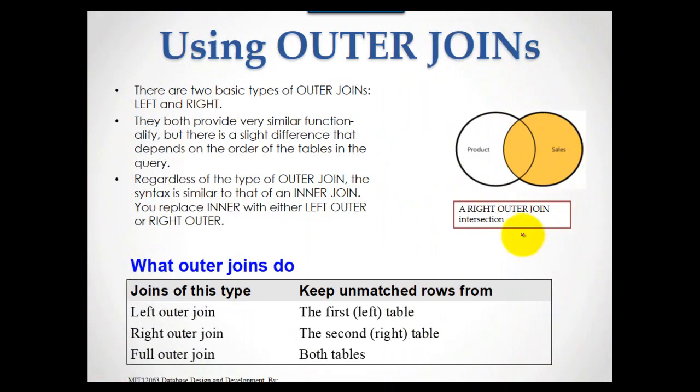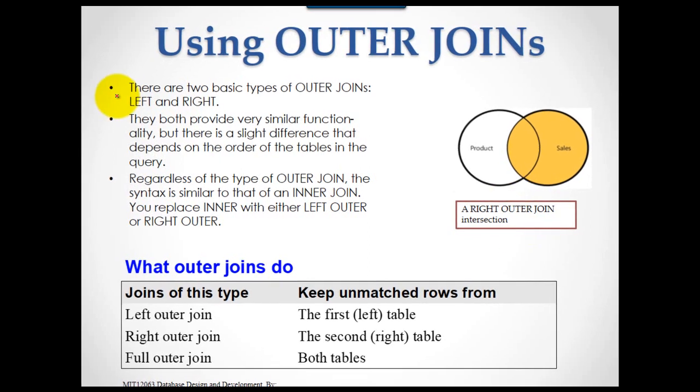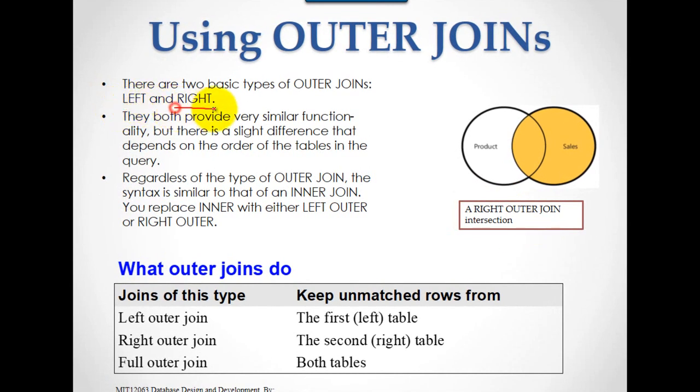Hello everyone, welcome back. In this movie, we will see how we can retrieve data from two or more tables using outer joins. Earlier, we saw how we can retrieve data from two or more tables using inner join. This is outer join. Inner join is also called an EQ join. Outer join has two types of joins. Basically, one is left and the other one is right join.